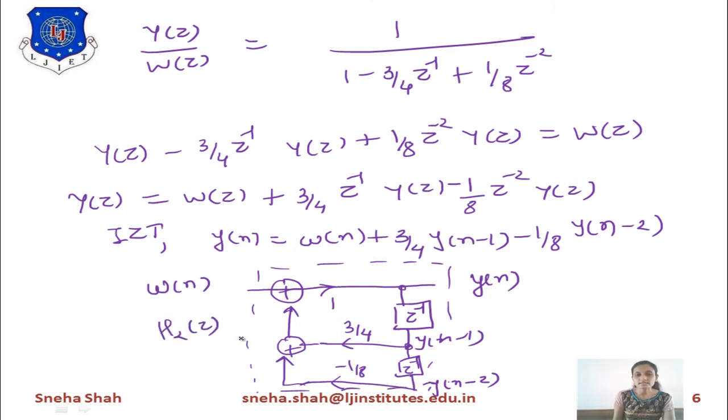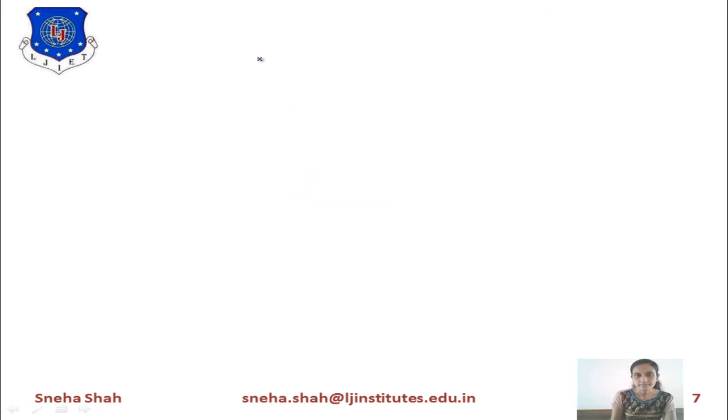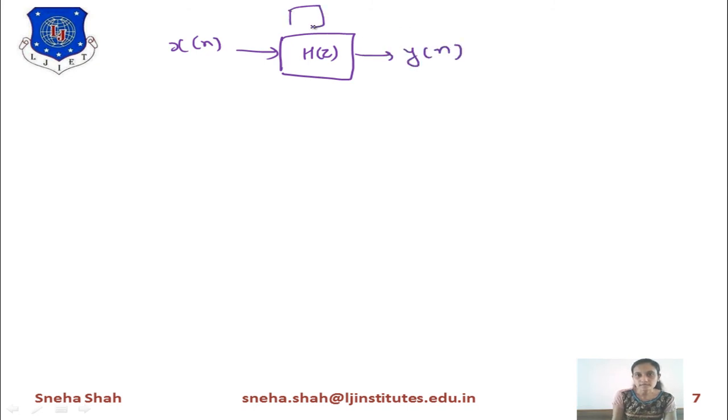Now if we merge this h1 of z with h2 of z, it gives the final answer h of z. Starting with this, if I am writing h of z, the input is x of n and the output is y of n. So this part converts into two parts, h1 of z and h2 of z. So x of n will be like this and over here the y of n. After merging these two terms, it gives the final term h of z. So this is the final structure.